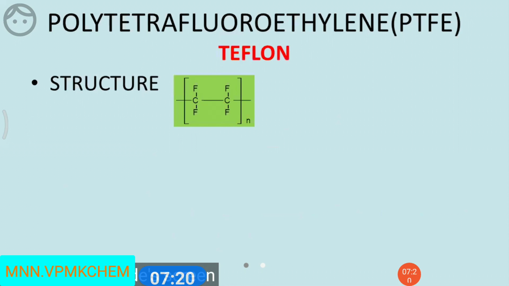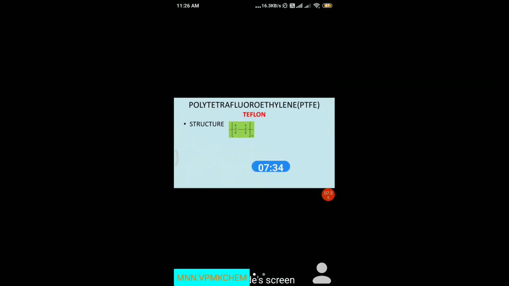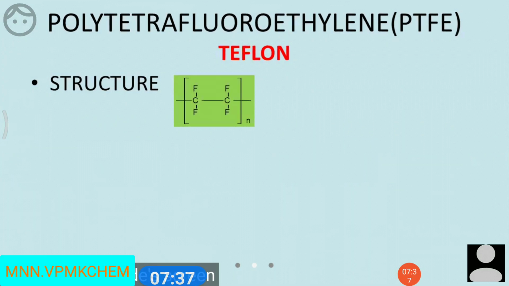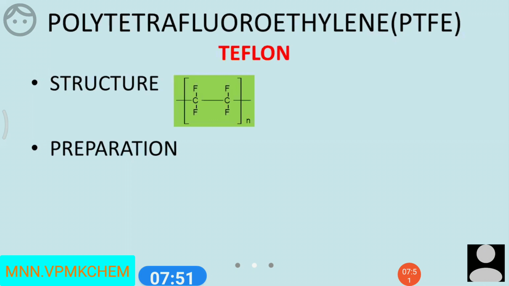The next polymer is polytetrafluoroethylene, PTFE. It is also known as Teflon. When all the hydrogens of ethylene are replaced by fluorine, it is tetrafluoroethylene. It undergoes the polymerization process and we get Teflon. The reaction for preparation of Teflon: